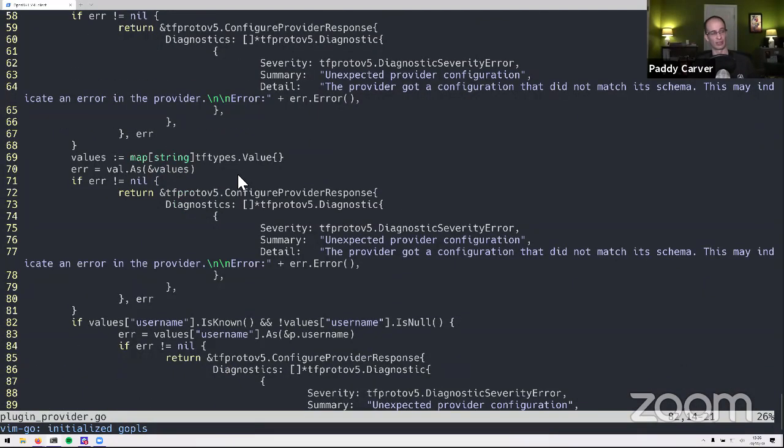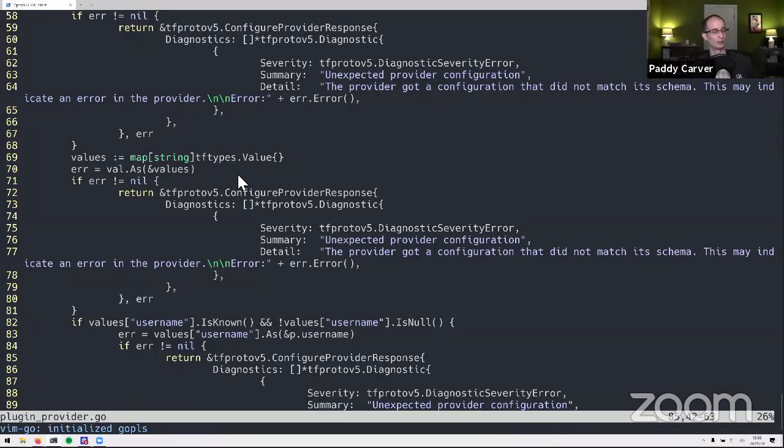For example, this is checking to make sure that the username is known. We can also do nulls now. You can actually check whether something is set or is not set or set to the empty value. That is a distinction you can make now, which I know sounds like a little thing, but after 4 years of working with helper schema was music to my ears. I was like, oh, that's everything I've ever wanted in the world. So I'm very excited about that.